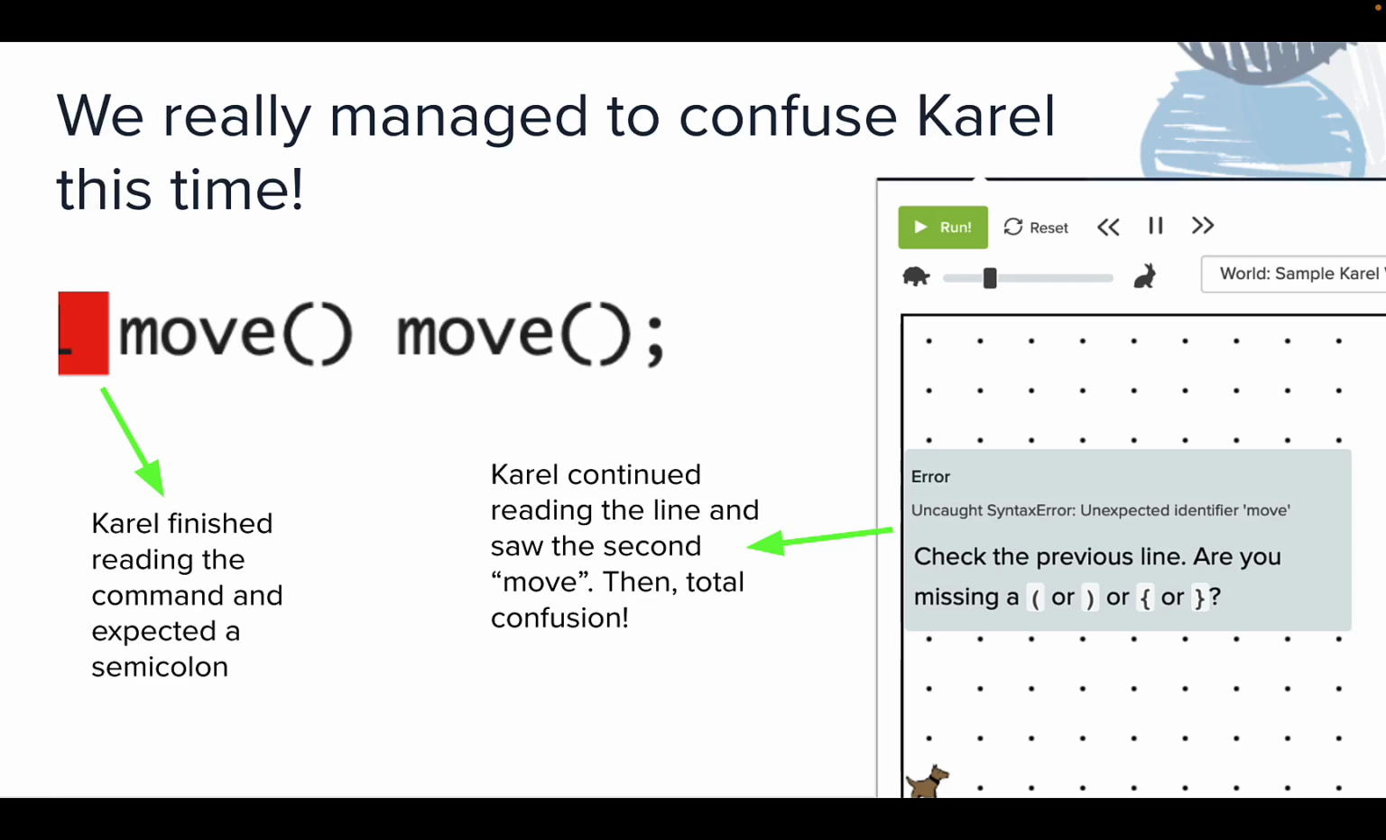So in this example, we really confused Karel. We tried to put two commands on one line. It gave us the red bar because it thought it was missing a semicolon after it read the first command, even though we have a semicolon at the very end. After it read the first command, it moved on and read the next command,